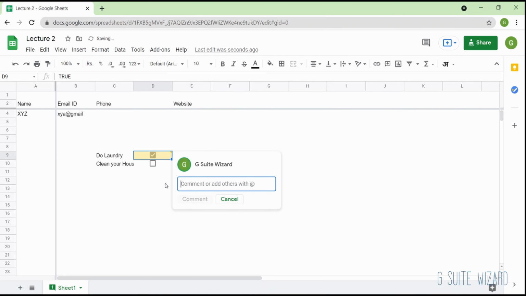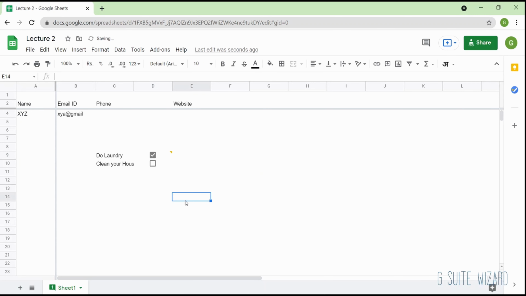And there's a comment. So I can comment something over a cell without changing the data inside the cell. Let's say this is not done, right? Somebody audits the work and says, okay, this is not done. And when a manager sees this, and when he hovers over it, he will see the comment that was put over it. He can resolve the comment stating that, okay, I've seen it and thank you for commenting.